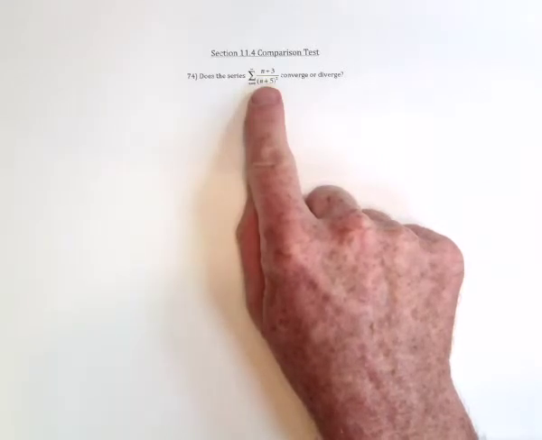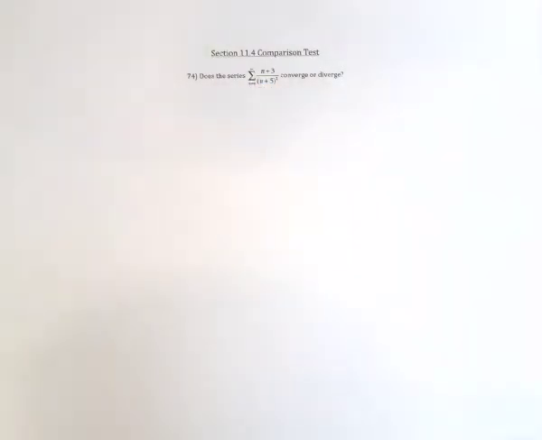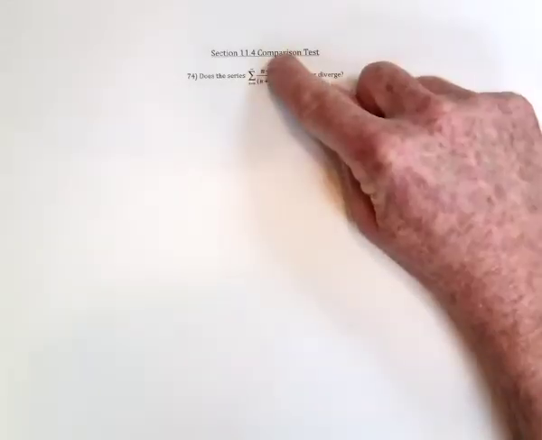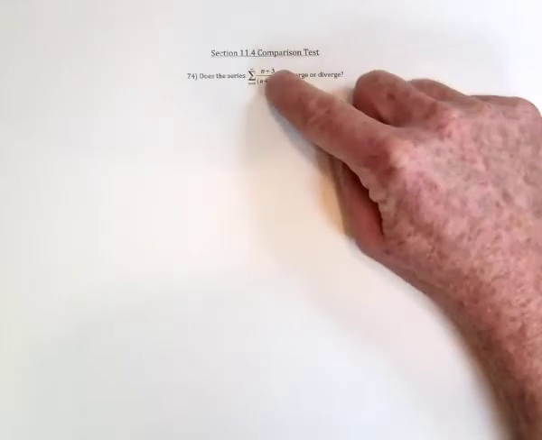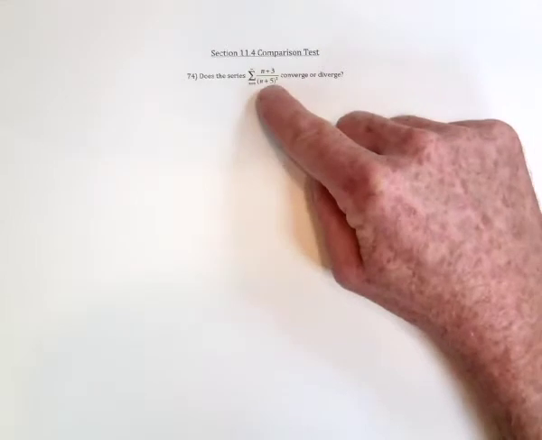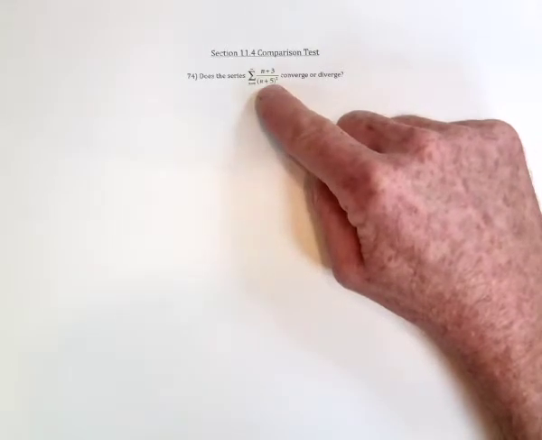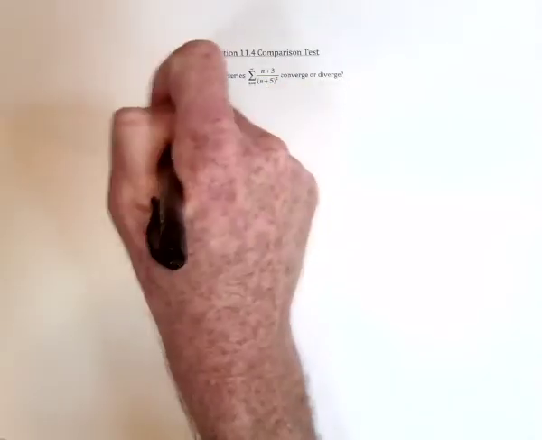Well, to get an idea as to what we should be using, what I do is say, well, this one right here, you can approximate that by using just n on top, because that's the most powerful term. Adding 3 isn't really going to add that much into the problem overall. The same thing here, just use n instead of n plus 5. So we could say the original series